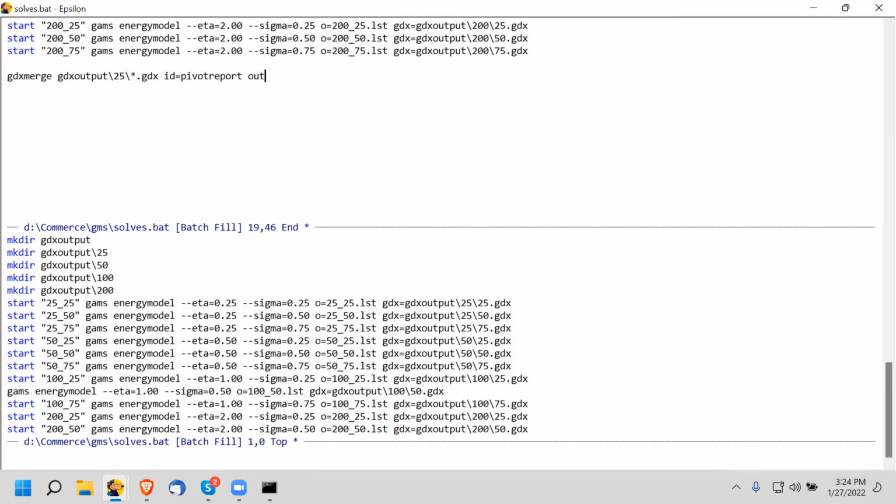So pivot report was the item that we're doing. Output equals GDX output. Now you merge all the GDX files in the directory 25. Yeah, that makes sense. And then you have just one GDX. The asterisk is going to run it through them all, right? So if I look at this, it's saying